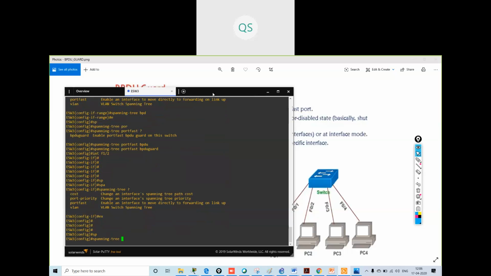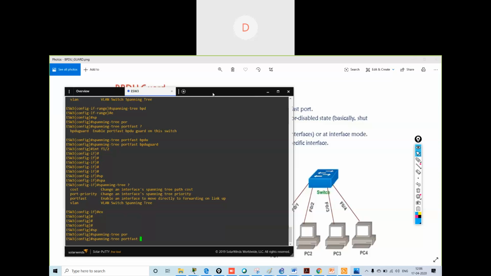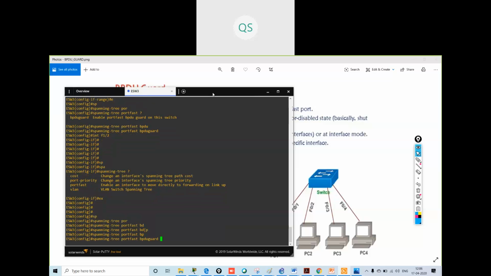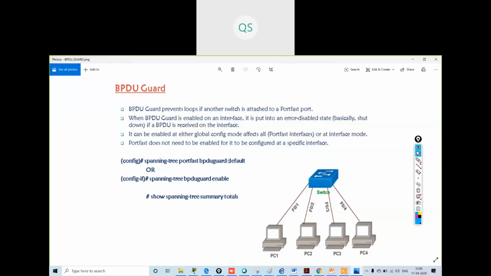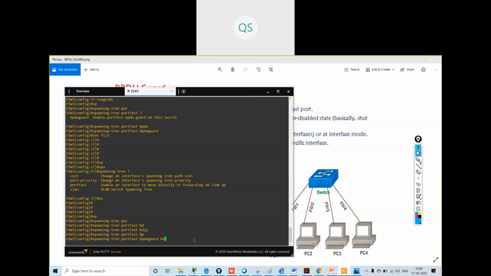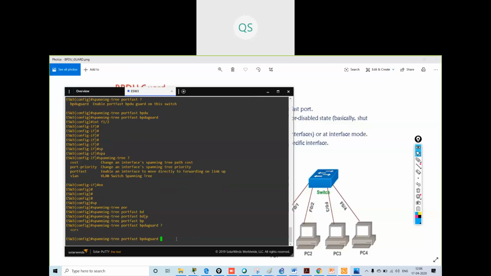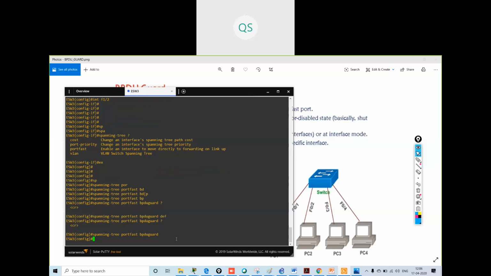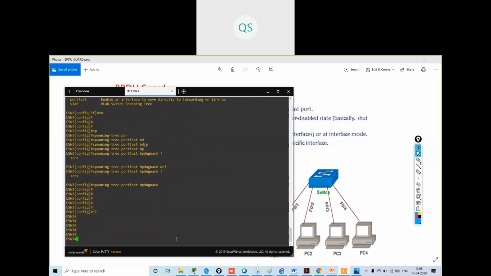Spanning-tree portfast bpduguard default. It is not taking the command default. Okay, let us check.